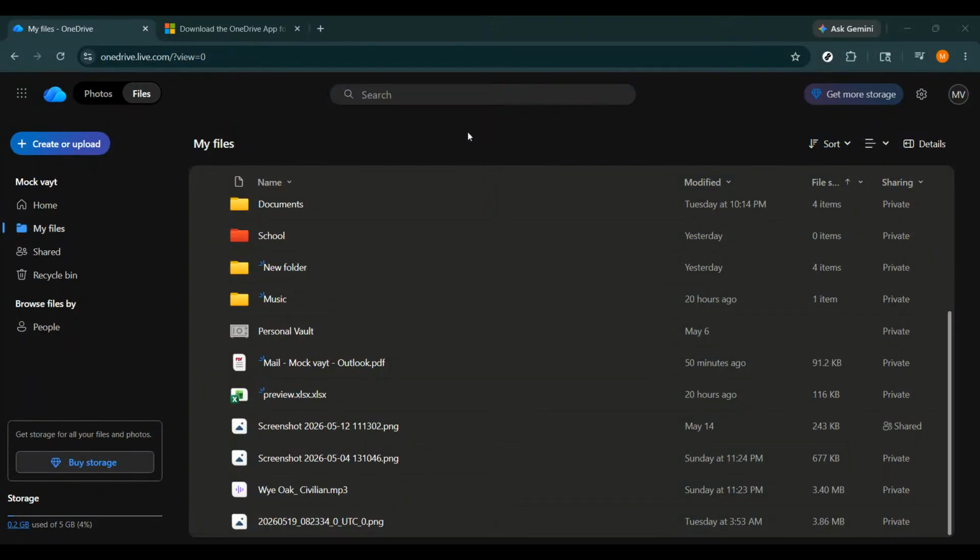In today's video, I'm going to show you how to mass find and delete duplicate files from OneDrive quickly and safely so you can clean up your storage, stay organized, and remove the extra copies you don't need. If you've ever uploaded the same document, photo, or file more than once, this process can save you a lot